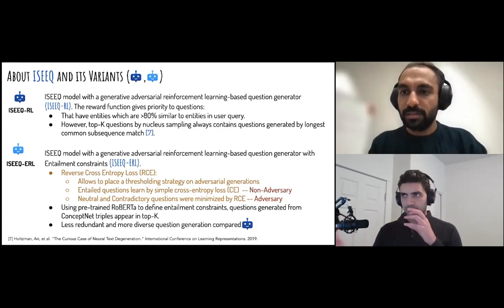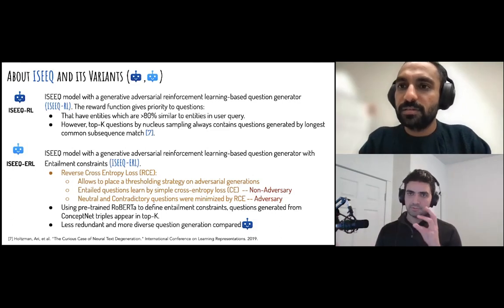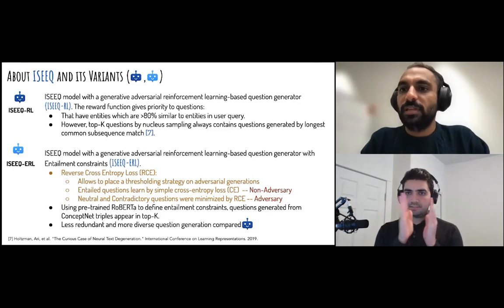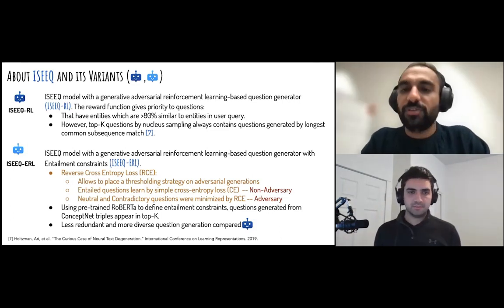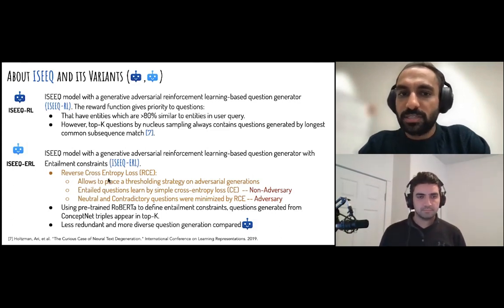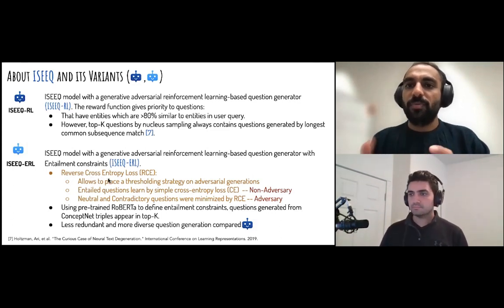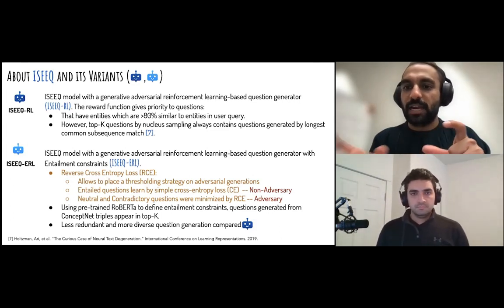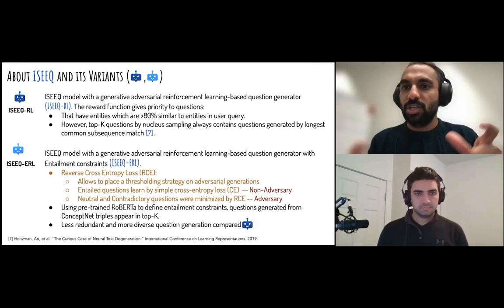Okay, so you determine the relationship of these entities from the knowledge graph. Absolutely. And if there is zero connection, that means that's adversary generation. Okay. Yeah. So we introduce the reverse cross entropy loss, because cross entropy loss tells me that you move forward with the generation. That means these two are correct generations. So you're minimizing